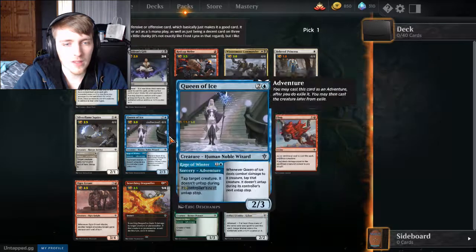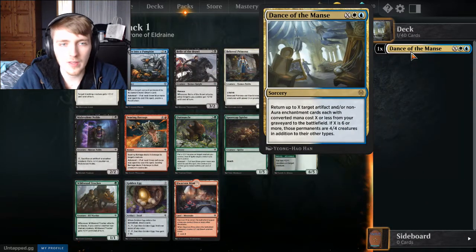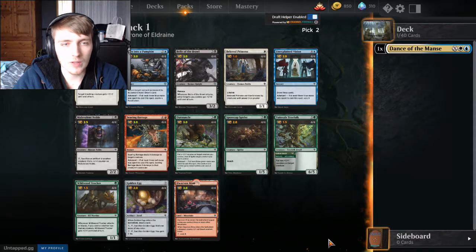I think what I would pick is Queen of Ice, but we're going to see if Dance of the Mance enables itself into something. So we're looking for artifacts and or non-aura enchantments. If it happens, that would be pretty sweet. Next pack, we're looking at